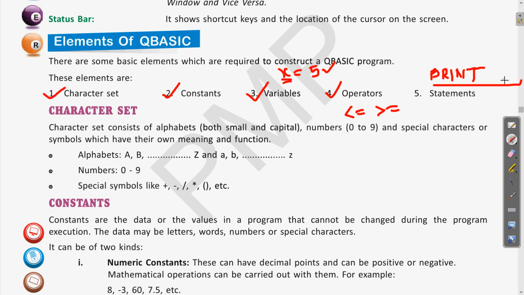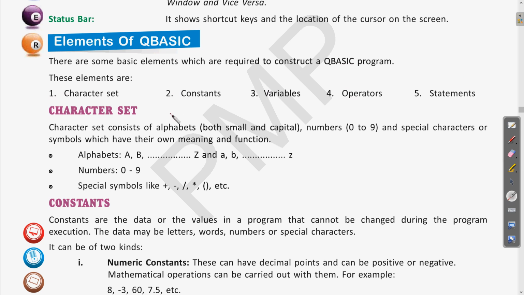Now we will see each of these one by one. So first is the character set. What is a character set? We all know characters mean numbers and alphabets. Here the character set consists of alphabets, both small and capital, numbers from 0 to 9, clear?